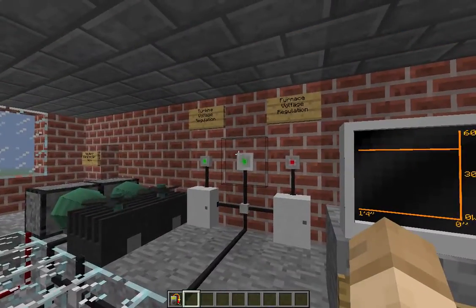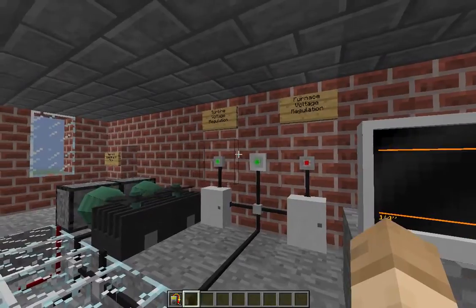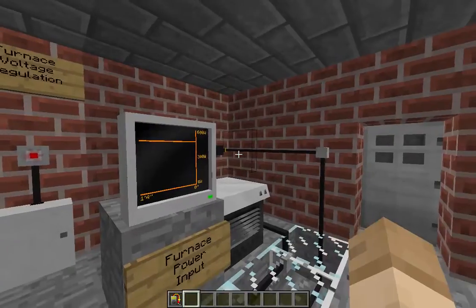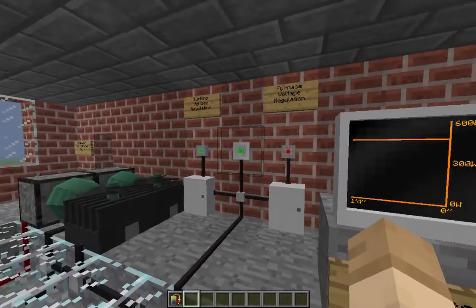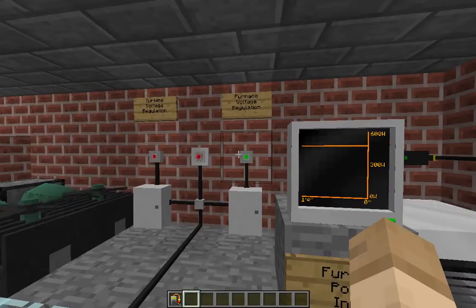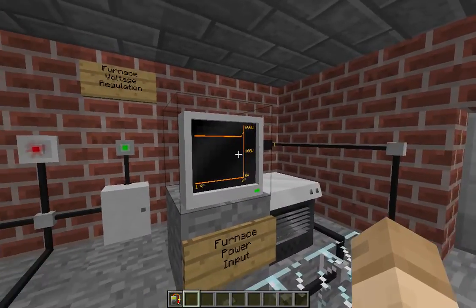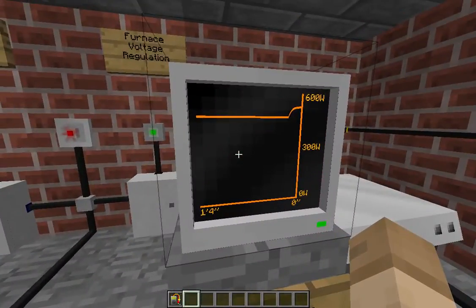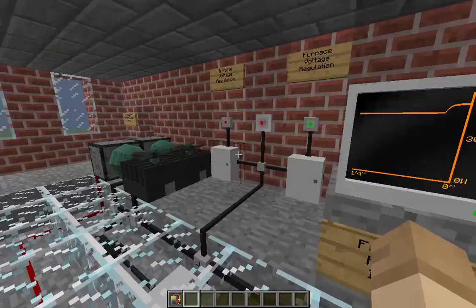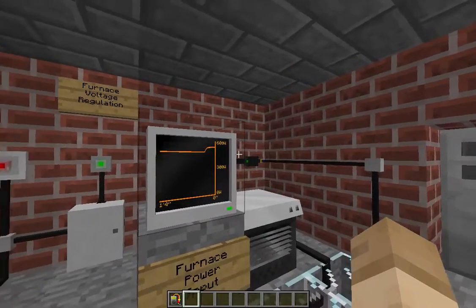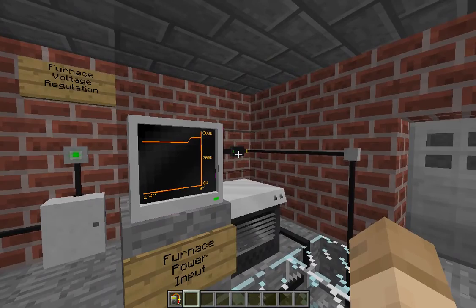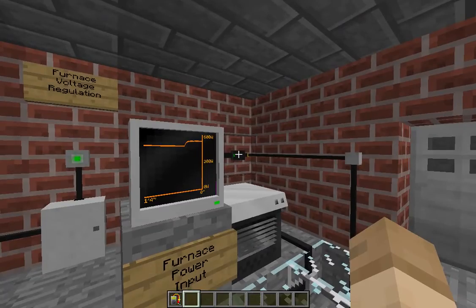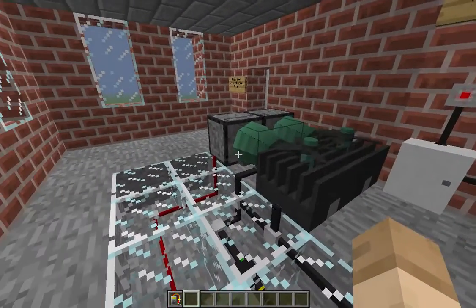So, right here you can actually switch whichever one of these it activates. Right now it's reading regulations and causing the turbine voltage to be between 50 and 55 volts. If I switch it to regulate from the furnace side, you can see the power consumption, or production as well, is going to go up. This is because it's telling it to be from 50 to 55 volts here at the end of the line versus at the beginning. So for it to be 50 to 55 volts here, you actually have to produce more power to overcome cable